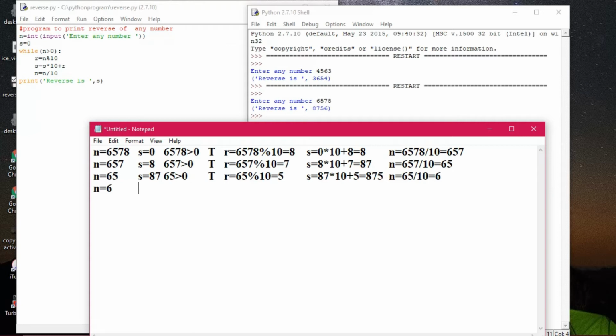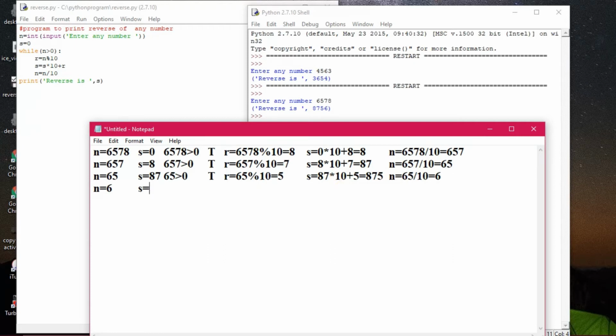Okay, this is the way you see how the values are changing, how the values are updating in each and every step of the loop. So that is why in the loop, updation is one important issue. All right. So what you have to do is you have to understand here first. You see how it is generating here. So this side it is decreasing, this side it is increasing.